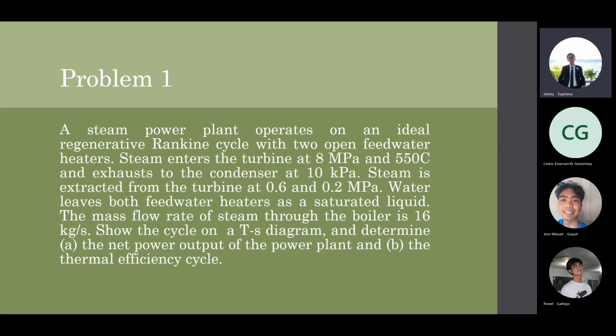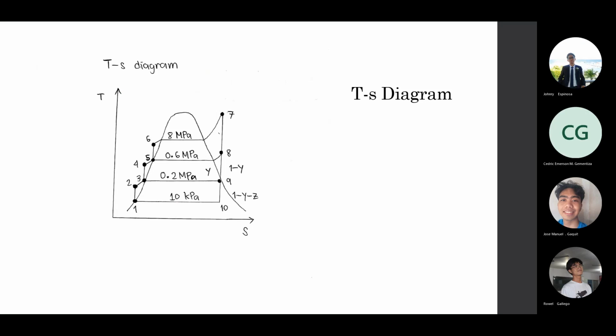Show the cycle on a TS diagram and determine A, the net power output of the power plant, and B, the thermal efficiency of the cycle. So this is the TS diagram. As we can see that